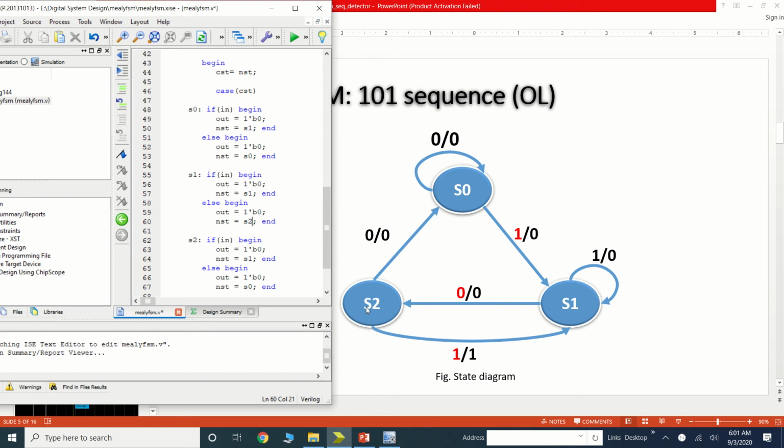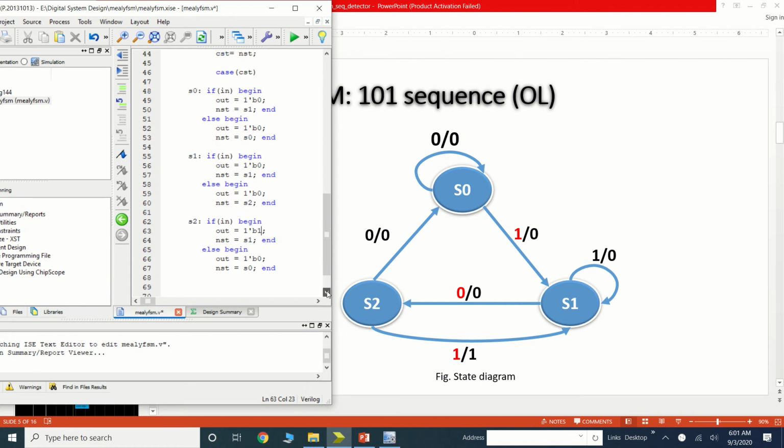Now the next state S2. When we are in the S2 state and the input is equal to 1, we are getting the targeted sequence and the output would be 1. So here the output would be 1 and the next state would be S1. When we are at S2 and the input is equal to 0, it will go to the reset state and the output is equal to 0.